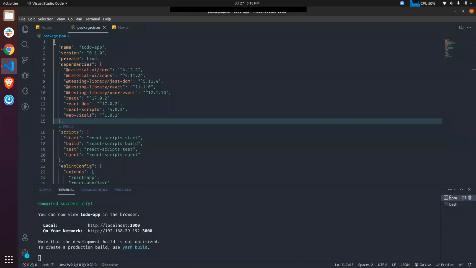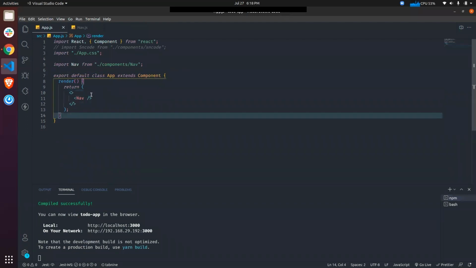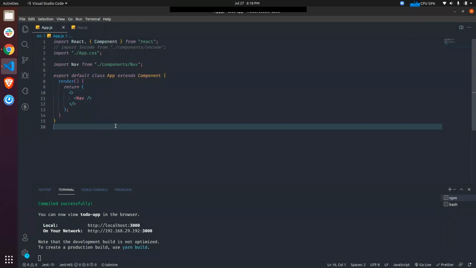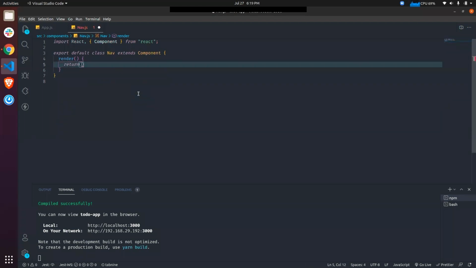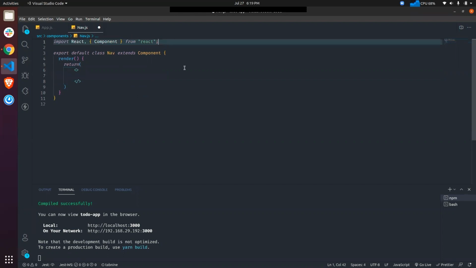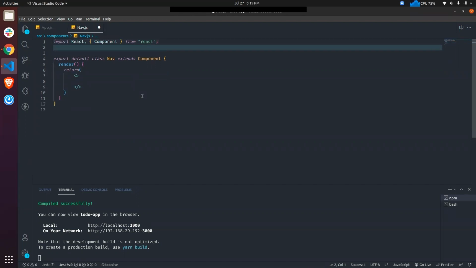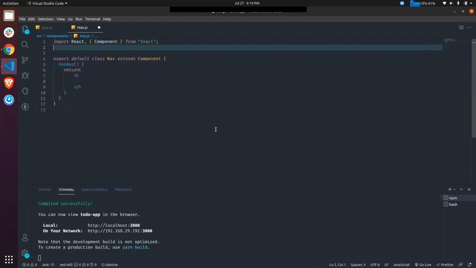Now let's see how we actually use Material UI. So we have created a nav. Inside that nav we'll be having an app bar which I have shown you on the Material UI website. So what we need to do is write, let's say, a fragment first. Now to use the Material UI components, we have to import them like we import our components in app.js. So we have to import Material UI components from its package. So let's import them first.